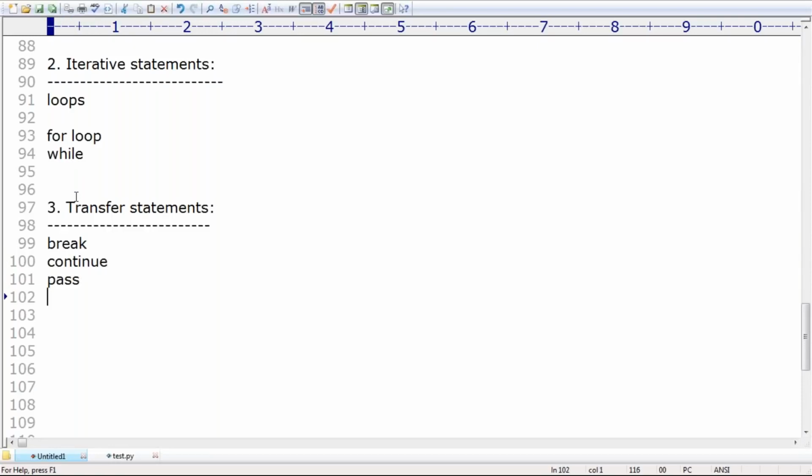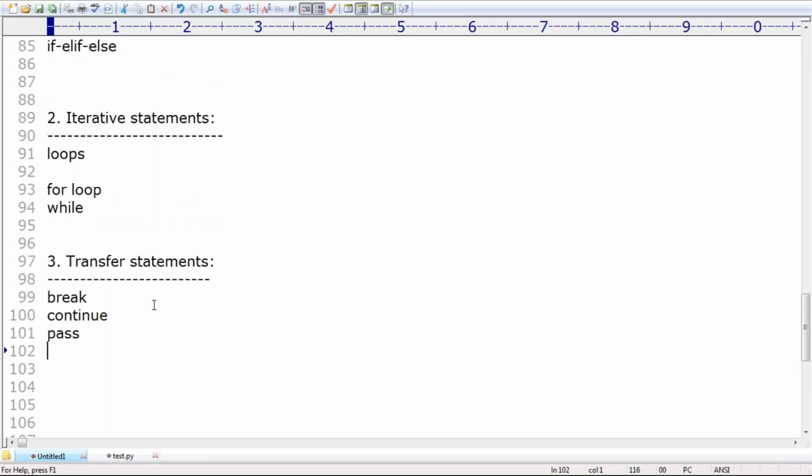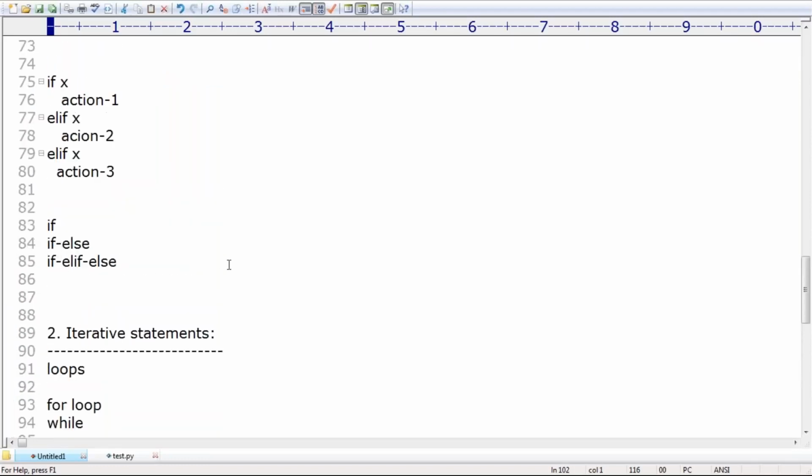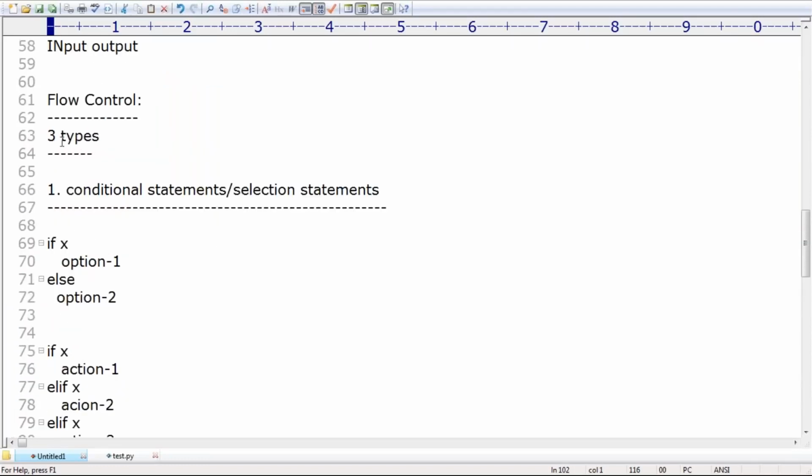Clear? Everyone can understand the basic agenda of our flow control, sir. Remember what is the meaning of pass? All these things I will cover with explanation. Sir, pass and continue are not the same, both are different concepts. Where we can use them, we will discuss with examples. Don't worry about that. So that's all. These are three important things. Three types of flow control statements are there in Python.